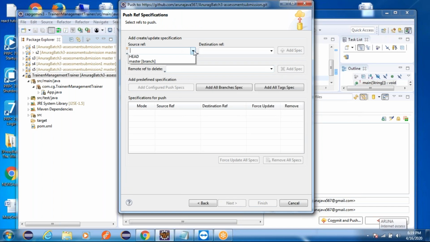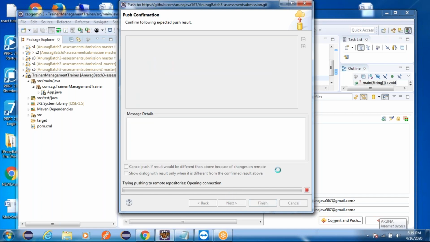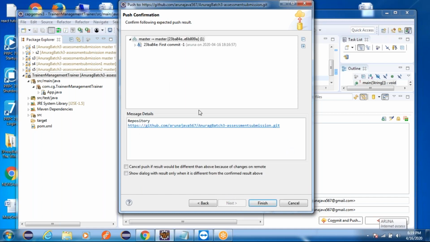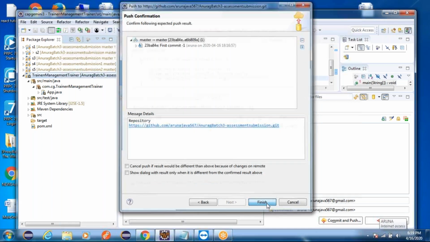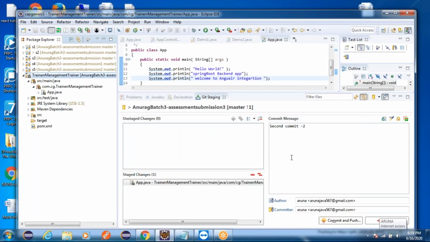Here, one step you have to do is select the branch. Click on add spec, force update all spec. Then say next. Now it is going to establish the connection to this repository. Then say finish. All right, now the configuration is done.